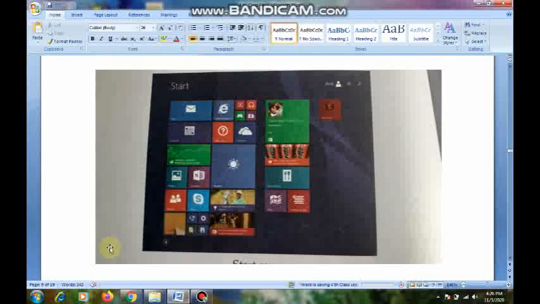See, in this screen there is no taskbar. Are you observing? Is there any taskbar? No. There is only the start button. Windows 8, if you are using it in your system as operating system, a screen like this will appear. Windows 10 also like this only, that screen will appear.